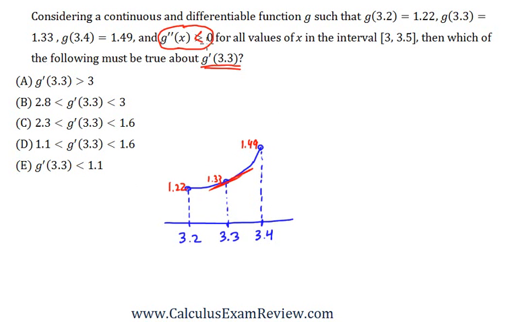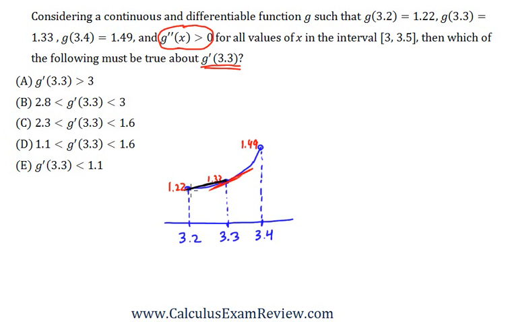If we had something like this, if g double prime of x was smaller than 0, it would be concave down, right? So what must be true about g prime of 3.3? Well, here's what I'm going to do. My strategy will be to evaluate